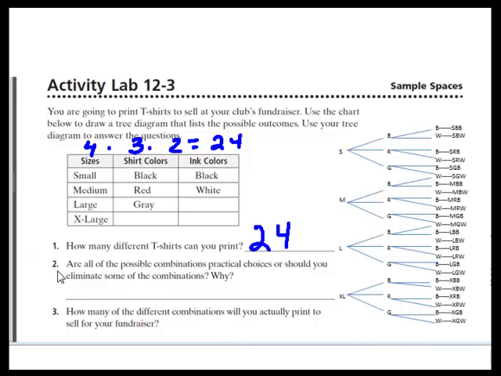Now question 2 says, are all the possible combinations practical choices, or should you eliminate some of the combinations? Really, a black shirt with black ink is not going to be very practical. The ink won't show up. So are all the possible combinations practical? The answer to that would be no, because you should eliminate black ink